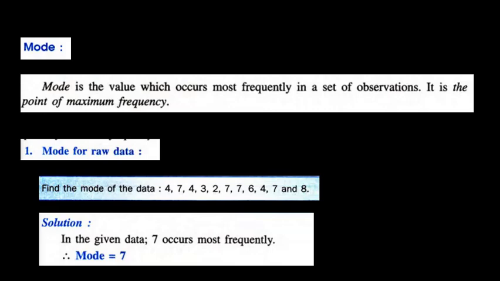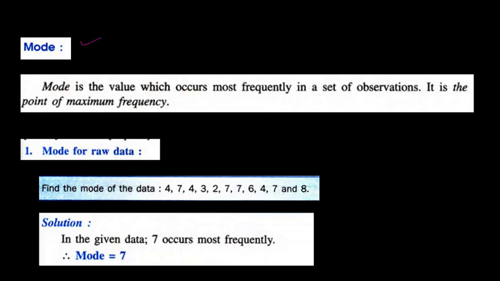Hello everyone. In the last lecture, we have already discussed median, how to find median. So now you know how to calculate mean, how to calculate median. These mean and median are measures of central tendency. Now there is one more measure of central tendency that we call mode. And this is a little easier as compared to mean and median.